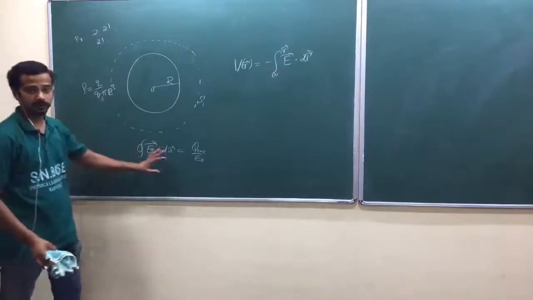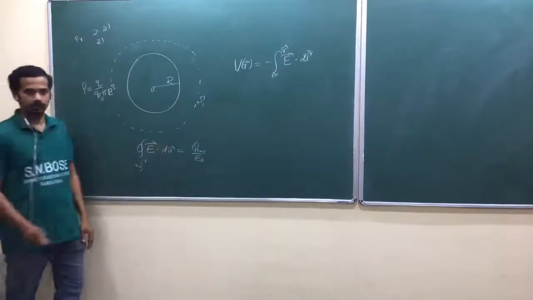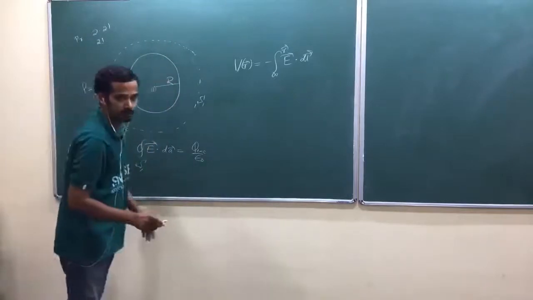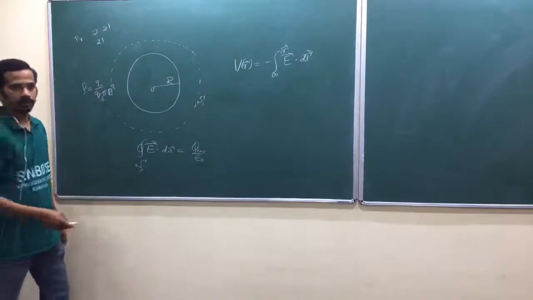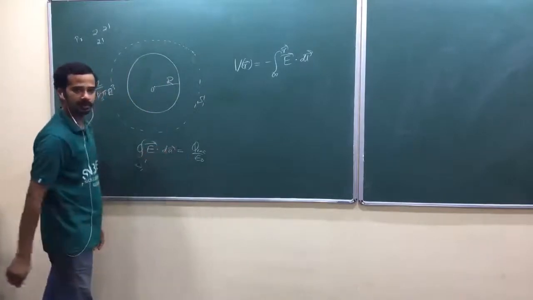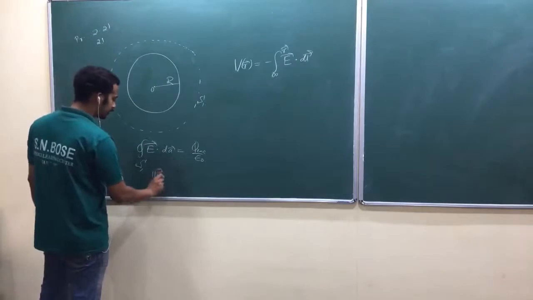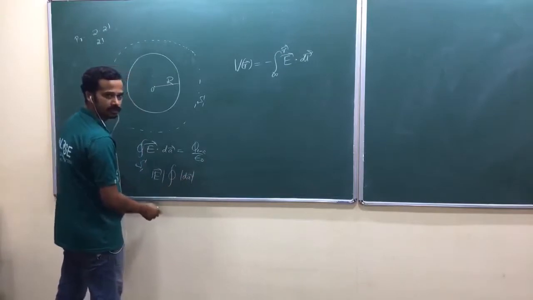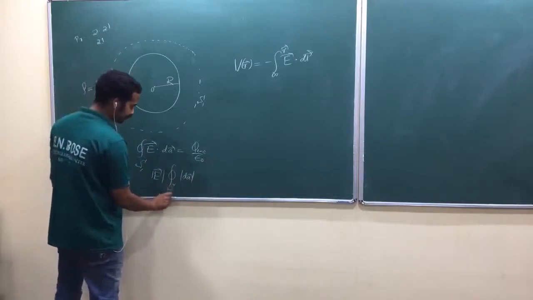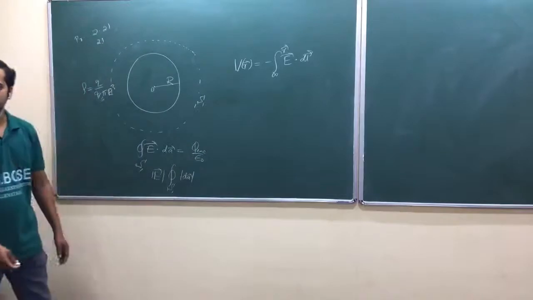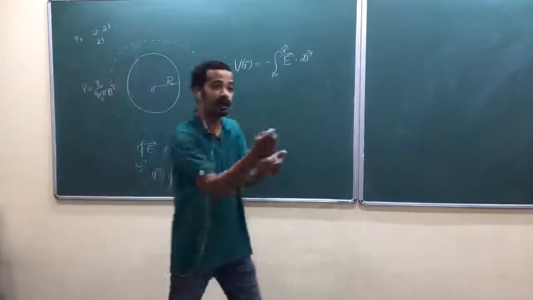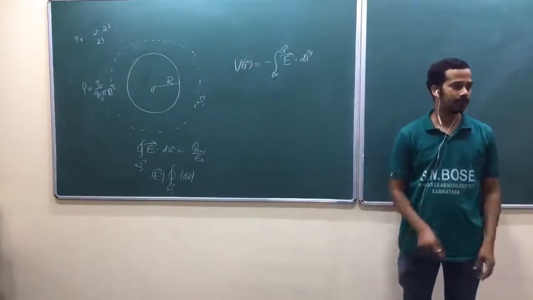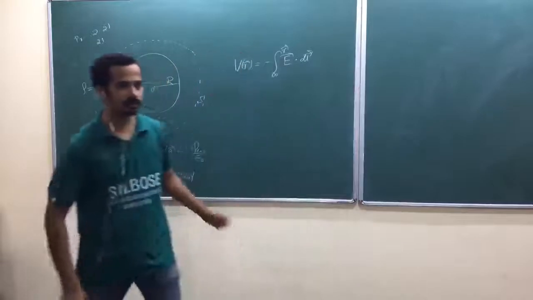I told you, for a spherical symmetry problem, this part would be the same. Throughout the surface, the modulus of the electric field is constant, and the electric field and dA vectors are in the same direction. That's why the electric field will come out of the integral, leaving the closed integral of dA, with cos 0 there. Can I write like this? That's the easiest way, without getting into coordinate geometry. Earlier I have done coordinate geometry, writing dA in terms of r and expanding it, then substituting the theta, phi values, so a theta, phi integral. You can do it like this also.